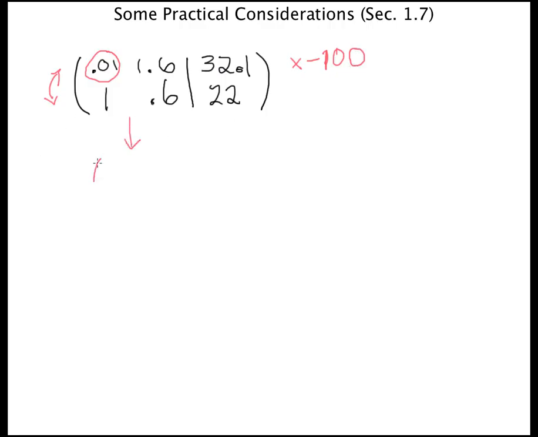So instead, just switch the two rows to get 1.622 and 0.01, 1.6, 32.1. Now when you do the obvious thing, you're going to multiply the first row by minus 0.01 and add it to the second row, and that's going to give you